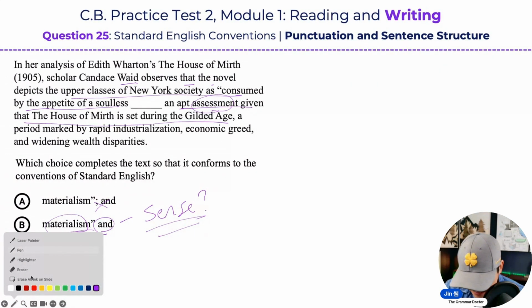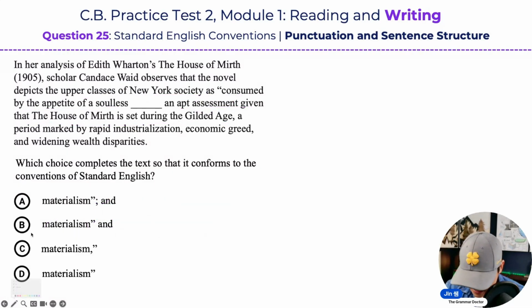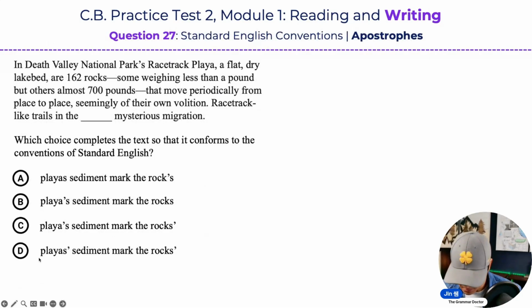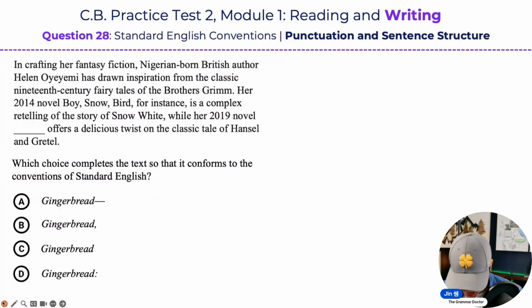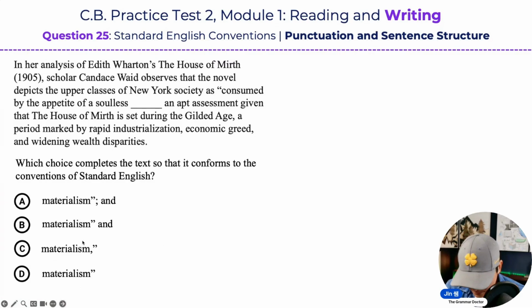Why? Because and connects these two ideas: a soulless materialism and an apt assessment. How are these nouns being used? They're being used to tell us it's the appetite of a soulless materialism and an apt assessment. So these two phrases are being used to tell us how these upper class people are shown, how they are greedy. So when you think about the meaning created from answer choice B, it doesn't make any